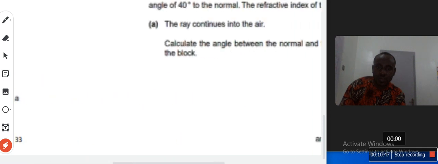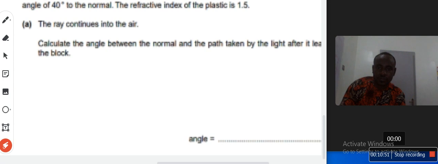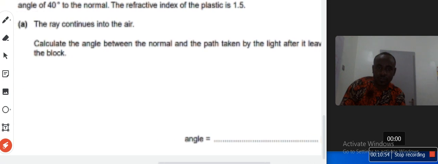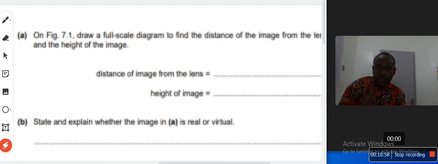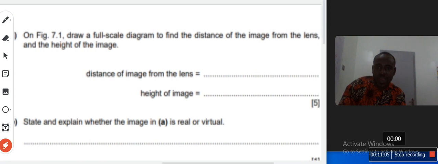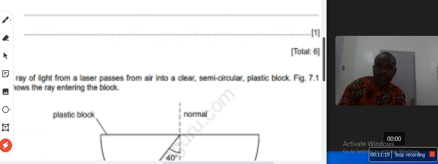The next question says, on the figure, draw a full-scale diagram to find the distance of the image from the lens and the height of the image. All of that you can just state, and explain whether the image is real or virtual. If the rays actually meet, the image is real, but if the rays do not meet, the image is virtual. Now this question is,